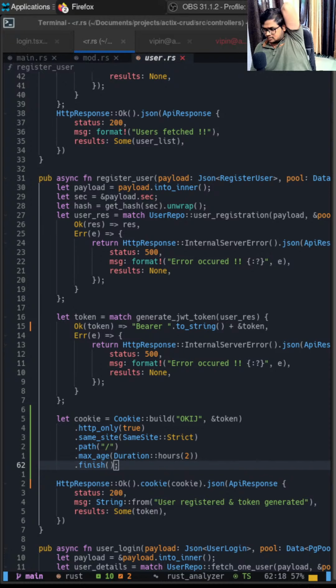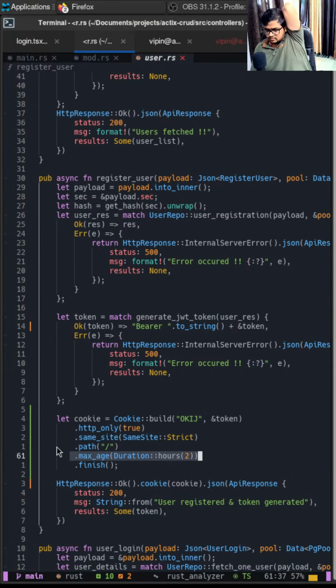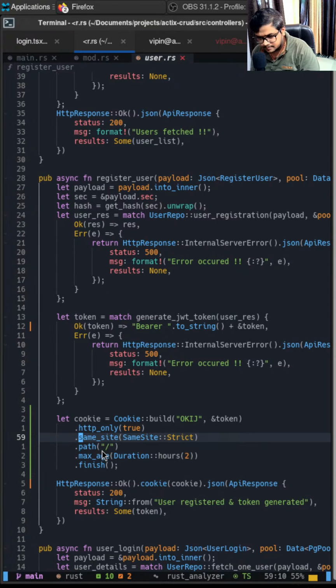No, it's not saving it, that's for sure. Message path, same site. Maybe